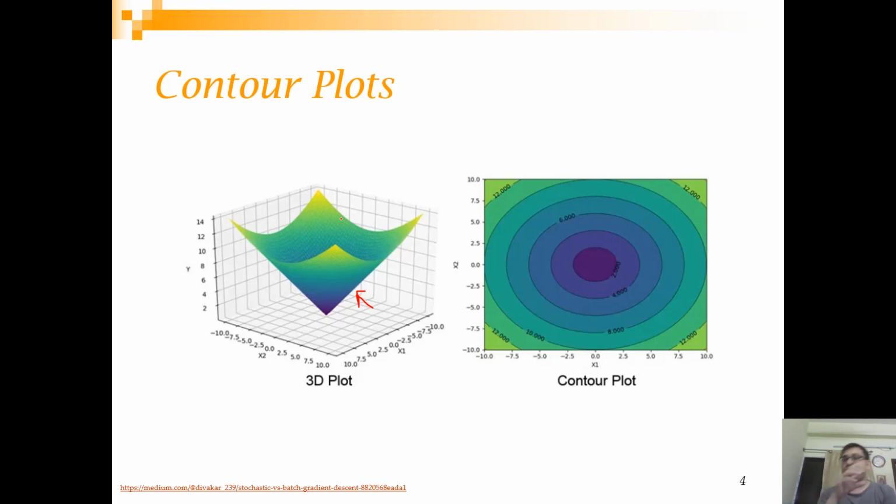So for ease of representation, you will see in literature something called a contour plot, which is quite confusing at times, how we can arrive from this to this. Basically, you will see different circles over here. If x1 is 0 and x2 is minus 7.5, then the cost value is 8 over here. That's how you need to read it.